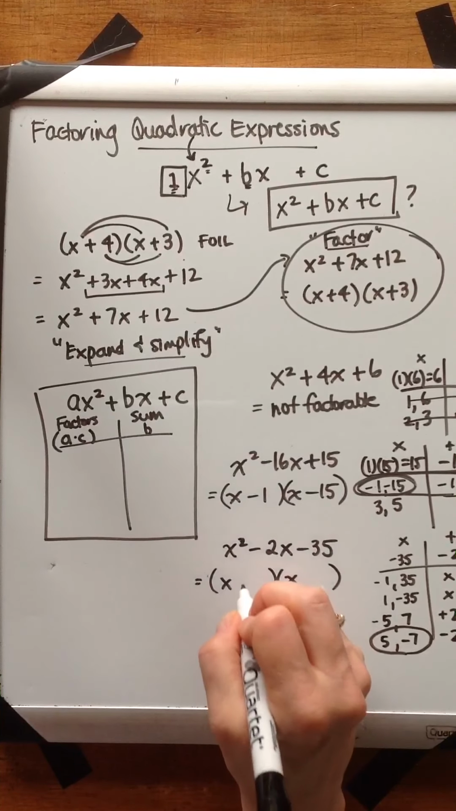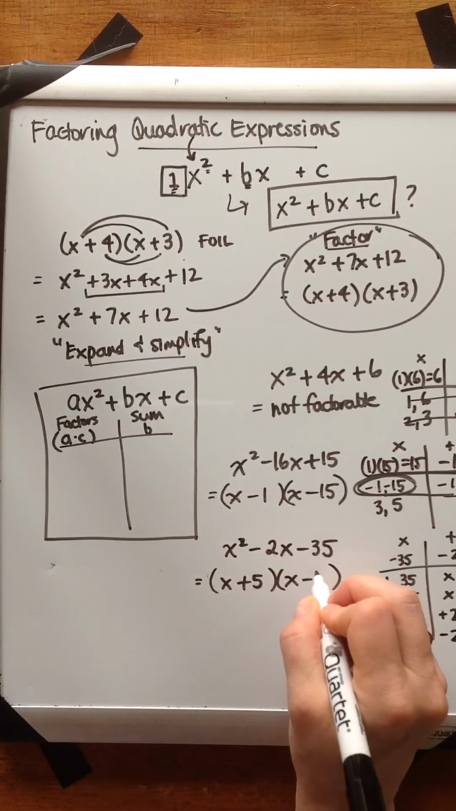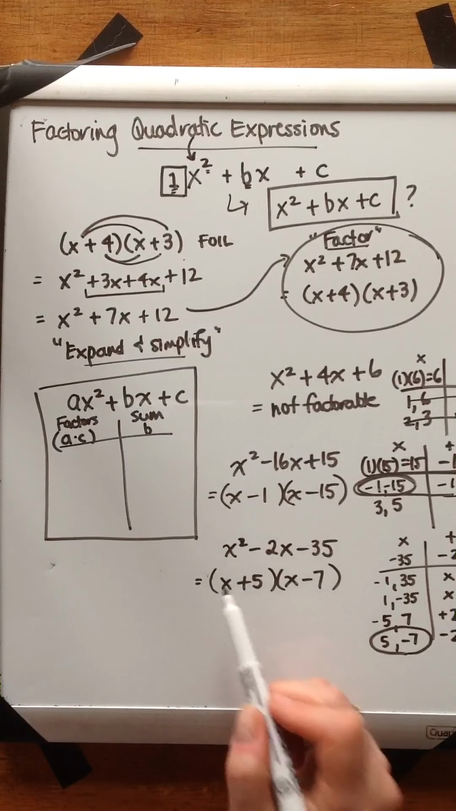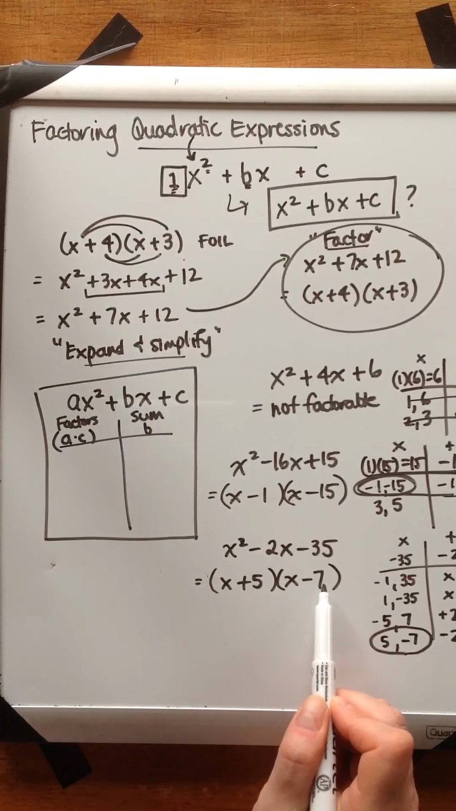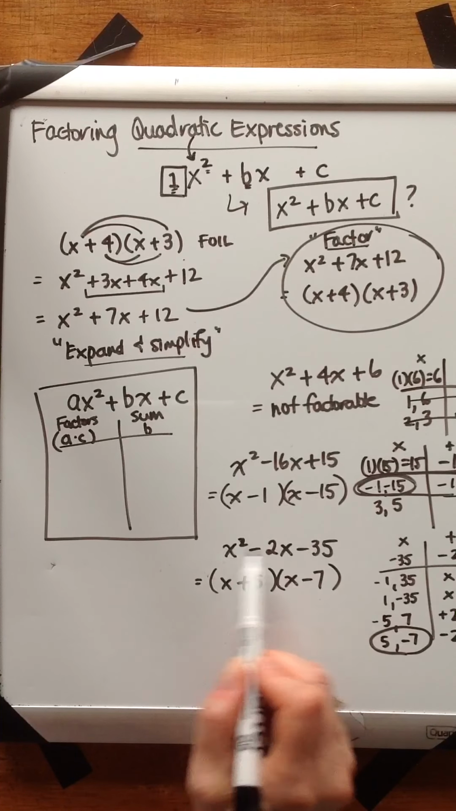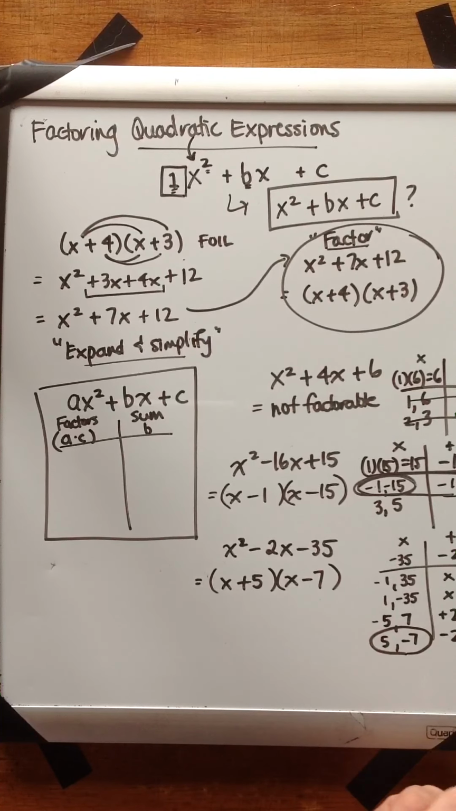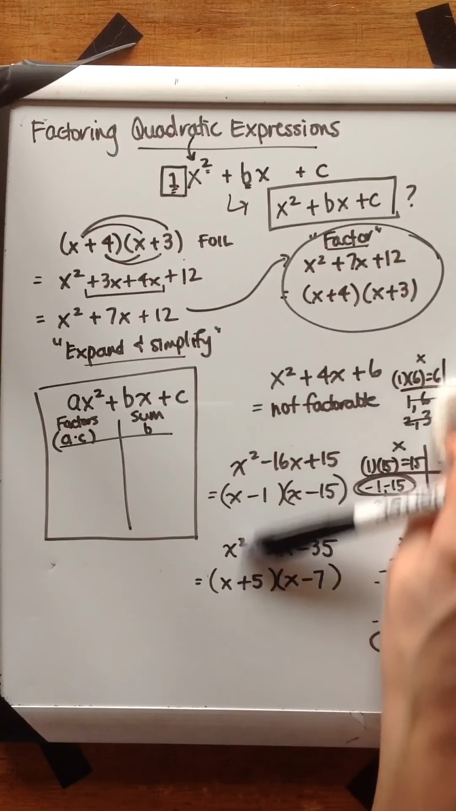And I can just write them in. Plus 5 and minus 7. And again, if you apply FOIL to this, you should end up with what's given up here. So it's a good way for you to double check. Okay, our last example